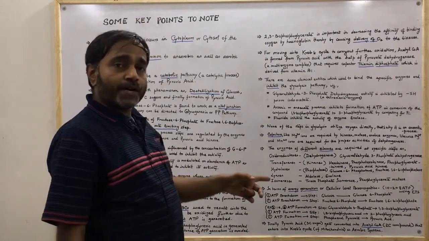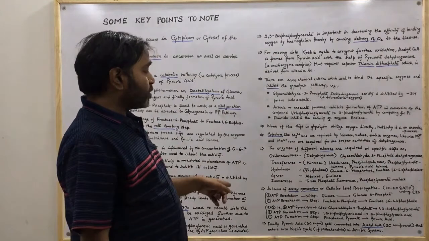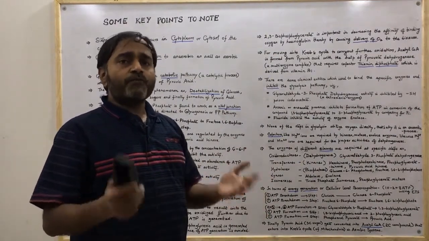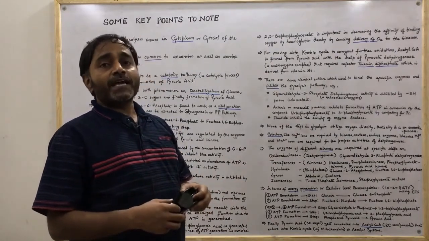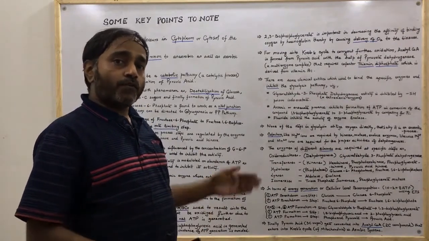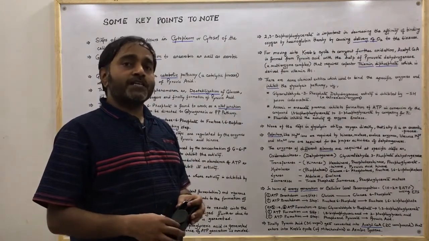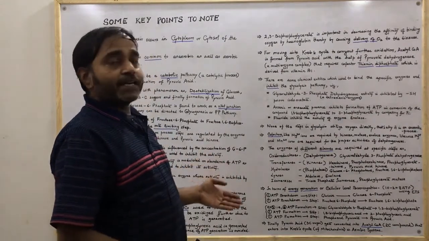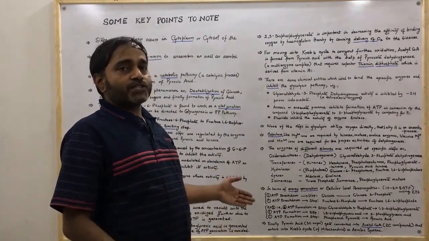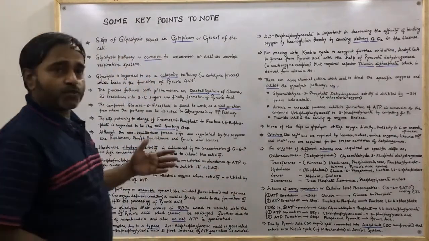And what enzyme works over here? That is pyruvate dehydrogenase. That's why acetyl-CoA forms from pyruvic acid, and that acetyl-CoA will further enter pathways like the Krebs cycle, which is a vital pathway for the oxidation of compounds like pyruvic acid, particularly in aerobic systems where oxygen is utilized. In organisms where oxygen is utilized in cellular respiration, such steps occur. So it is evident, and we have seen all these steps together.